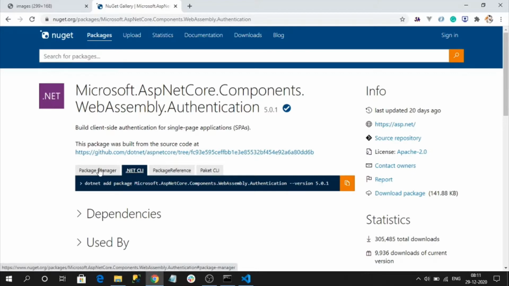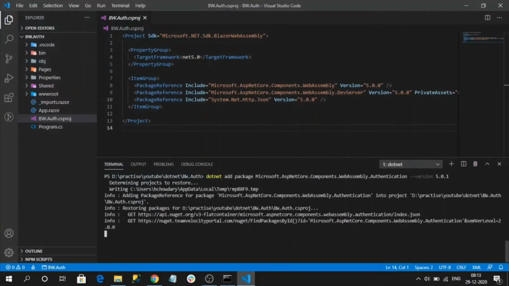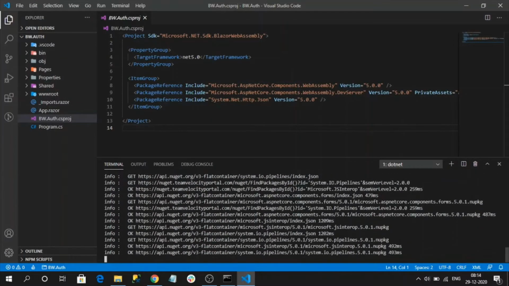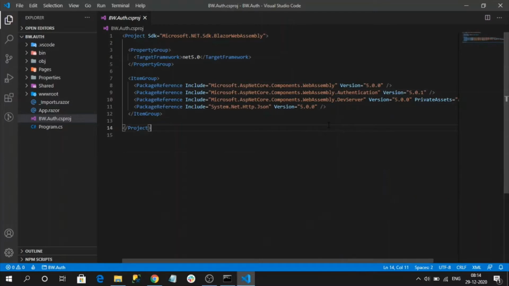If you are using Visual Studio 2019, please copy the command from the package manager. Let's copy this CLI command and paste it into my terminal. You can observe the Microsoft.AspNetCore.Components.WebAssembly.Authentication library has been installed into our sample application. The required NuGet has been installed for authentication.